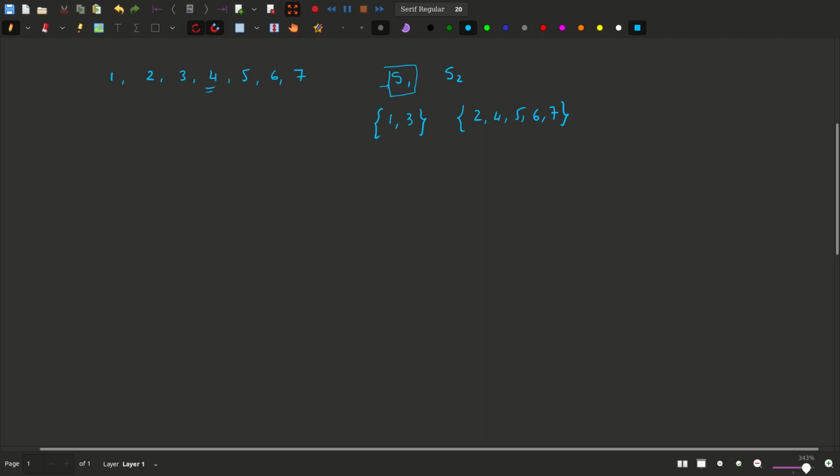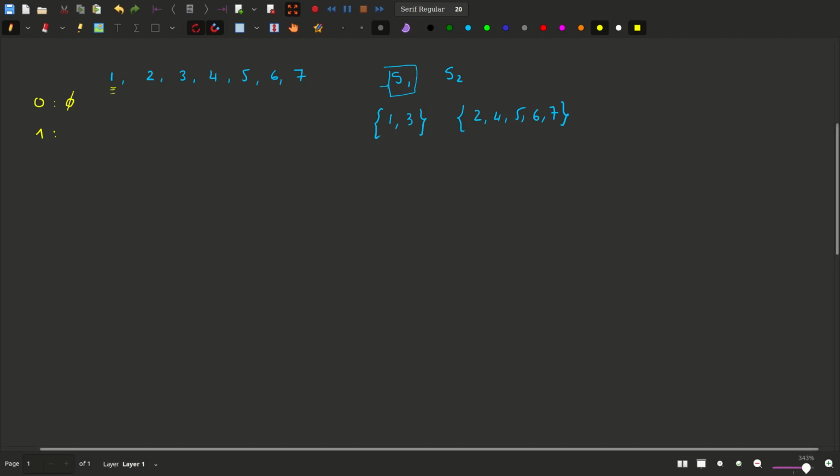This will become clearer once I work out this example. At the very beginning, at step 0, I haven't chosen any of these numbers yet, so I only have the empty set. Now in the next step, in step 1, I will decide what I will do with